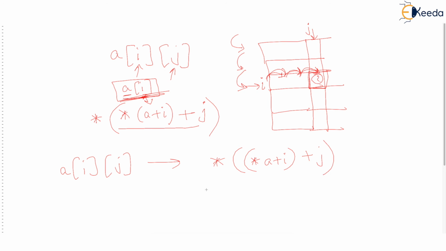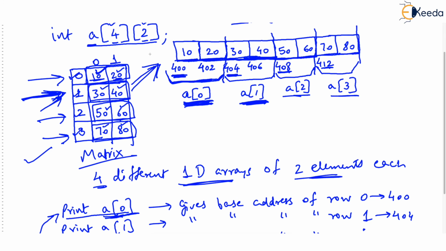Okay. But this is also equivalent to *(A[i]+j). Oh, this is an easier notation because A[i] is same as *(A+i). So this first notation A[i][j], this second notation and third notation, all three mean the same. All three have the same significance or the same value. Okay. So this is how two-dimensional arrays can be seen, and they are related to pointers because the name of the array followed by single subscript itself is the pointer to the base address of 0th row, base address of first row, base address of second row, and base address of third row.